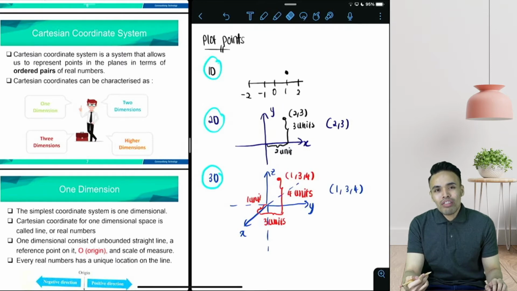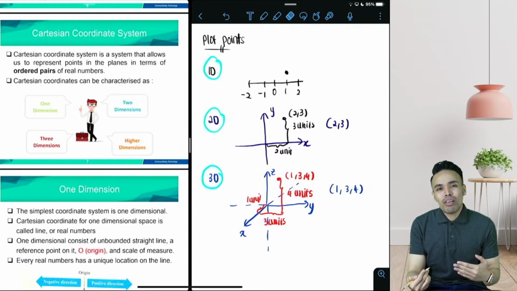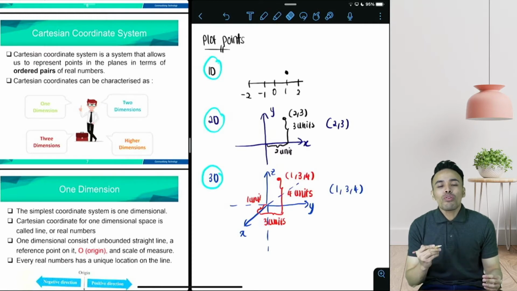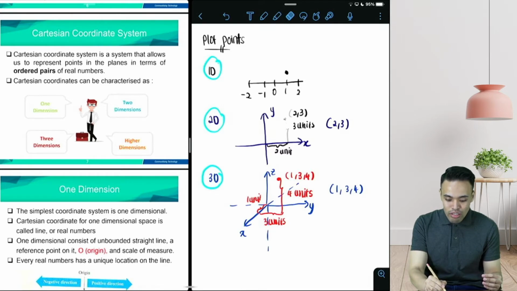I bet since we are familiar with the two-dimensional coordinate system, you know by heart how to plot it. The idea remains the same: the process always takes place at the origin. From the origin, you move 2 units on the positive x-axis and 3 units on the positive y-axis. Then you will have this as